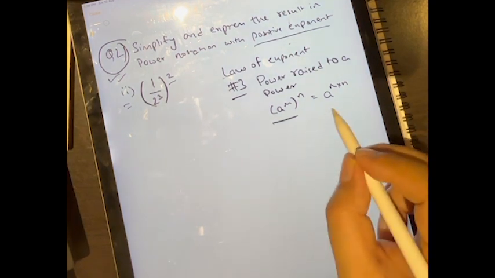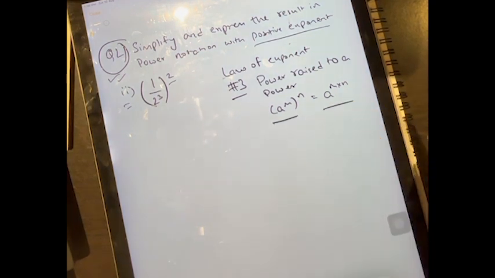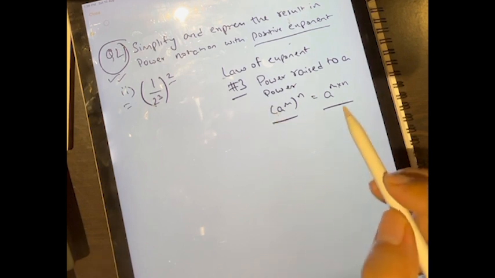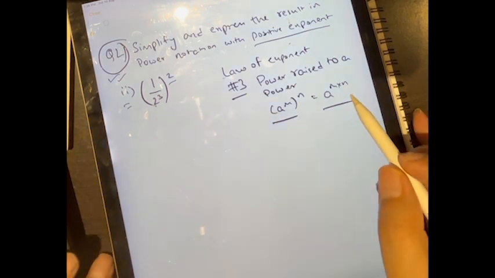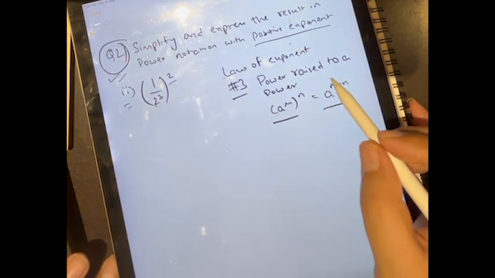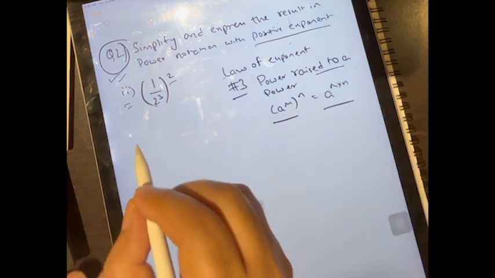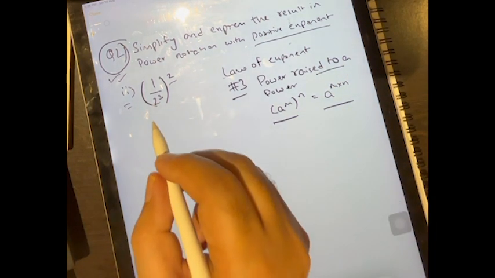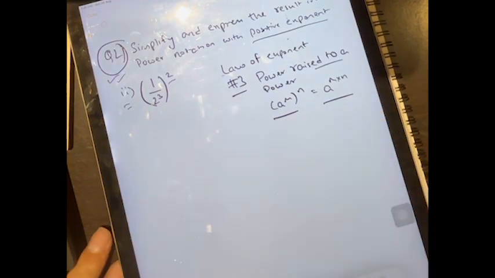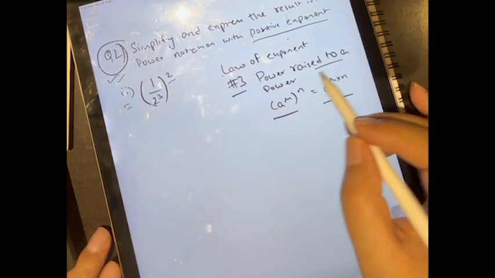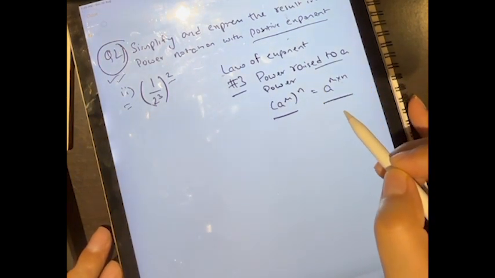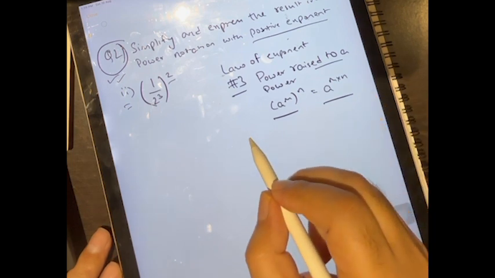So we will follow the same law over here, which is law number 3 based on the videos that I have created, and this law is about power raised to a power. So let's see how we can apply this in this context. In addition to applying power raised to a power in this particular question, we will also apply